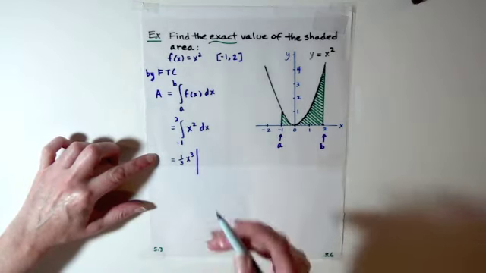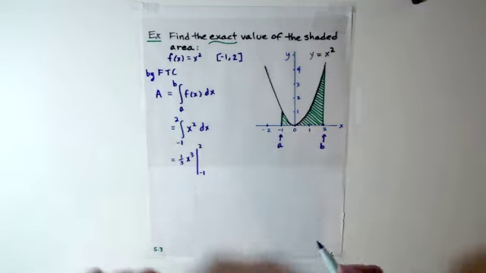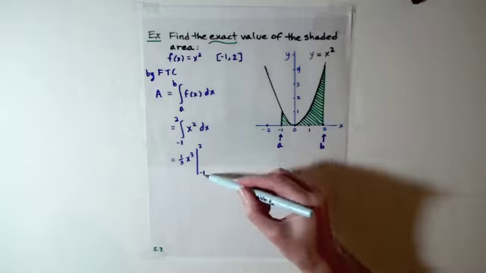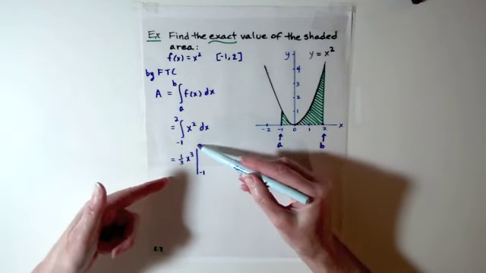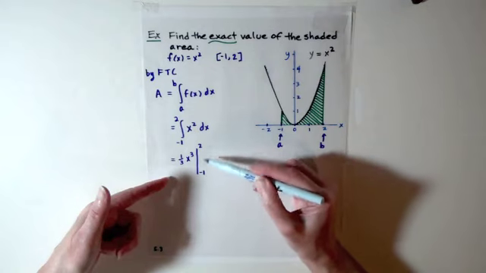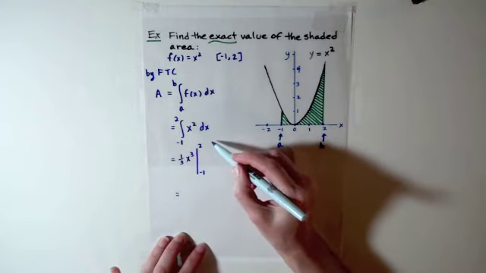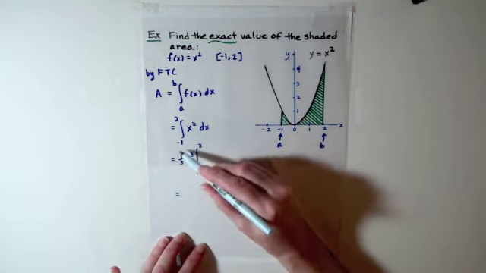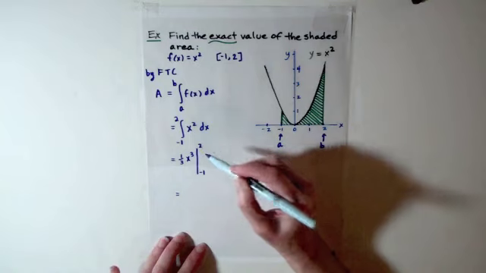I found the antiderivative, but I still need to evaluate at the a and the b value, the lower limit and the upper limit. So I find the antiderivative, draw my vertical line, remind myself I still have to plug in these limits of integration. And we always plug in the upper limit first. So the first thing I'm going to do is evaluate this antiderivative where I replace x with the upper limit